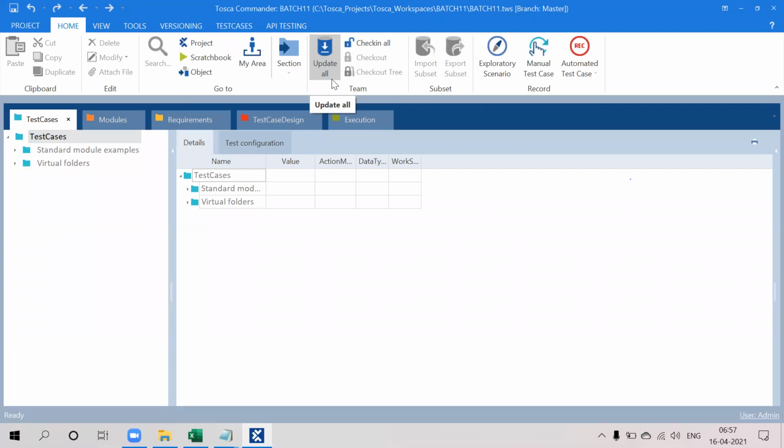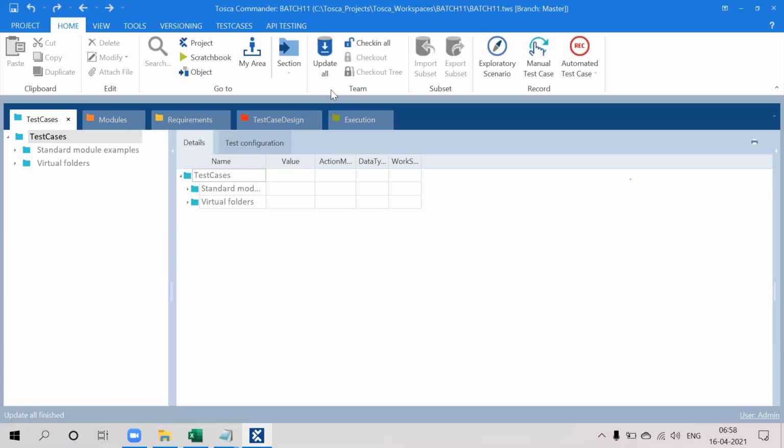Whenever you are starting your day, whenever you start logging into your network, the first thing you have to do is update all.